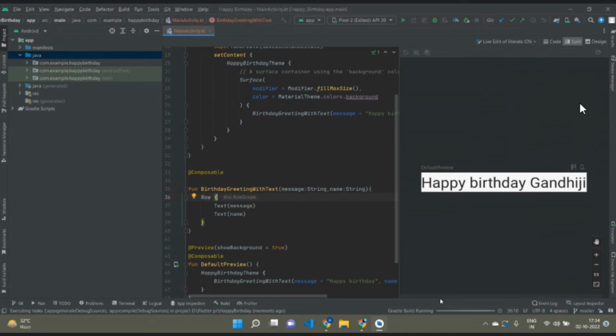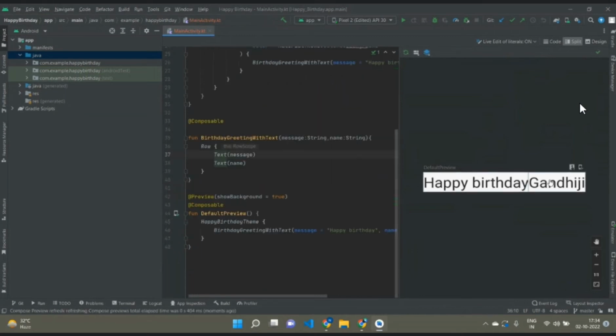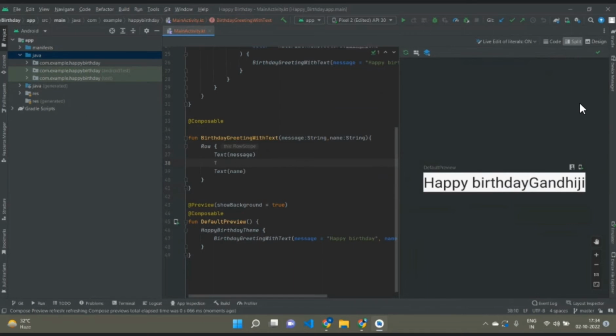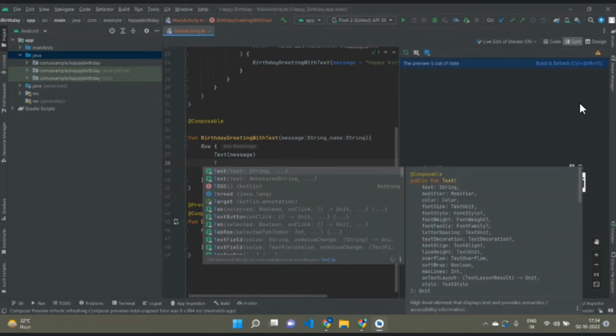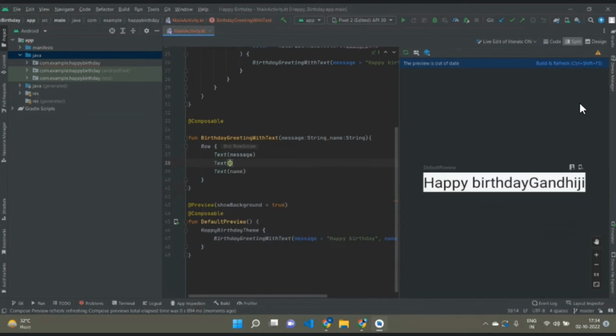Little building, rendering preview. Yes, now see that you have two components here. Let me write something else in between so you can see what I'm telling. Text, you can write string here itself. So if I now build and refresh it,